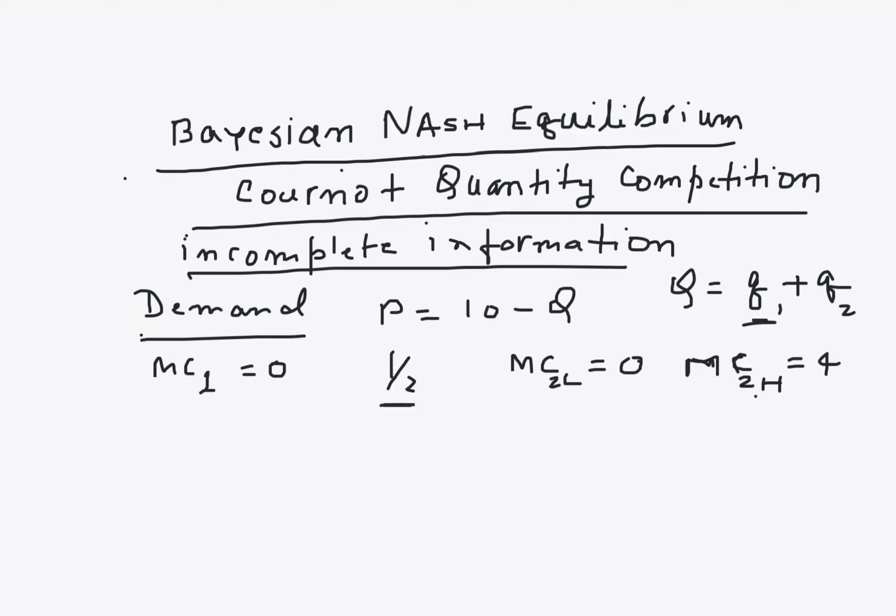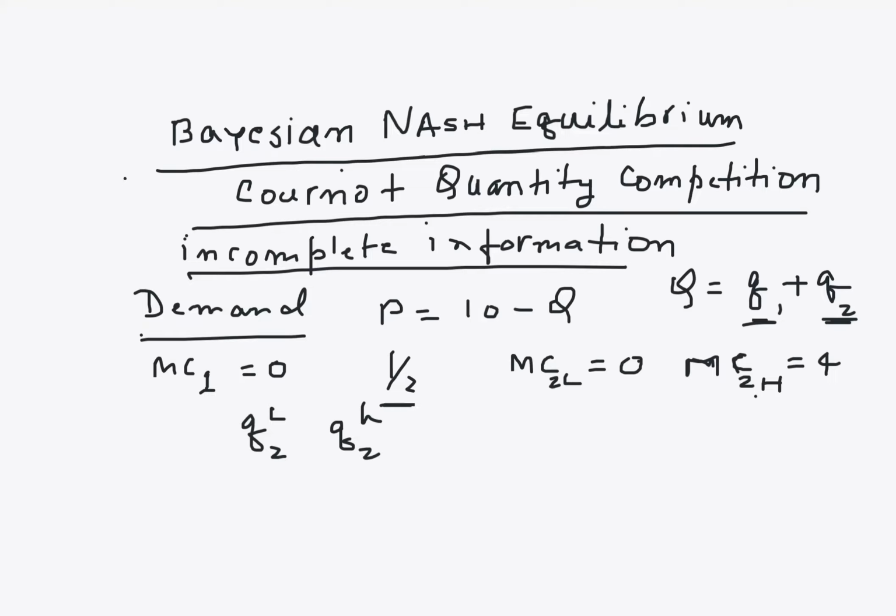All right, so we can use Q2L and Q2H to denote the quantities produced by the low cost and high cost types, right? So Q2L is for the low cost type and Q2H is for the high cost type. So the total industry output, we can write it down a little later. It has a probability aspect here, as you can see. But let's look at first